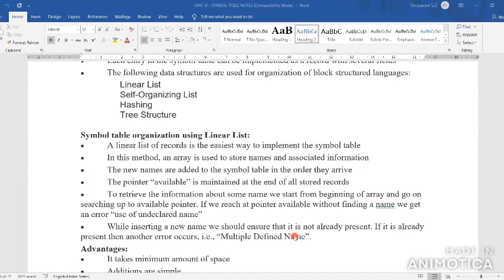Then you got to insert a new name into the given table. You got to check whether the name is already there or not. Once it is there, no need to insert. You got to ensure the data type, whether it is there or not. If the name is not there in the given list, no issue. If it is already present, then what will we do? You are saving the same name into the data type. If it is not present, no issue; you got to add the data type into the identifier. If it is already present, the error declared will be multiple defined names.